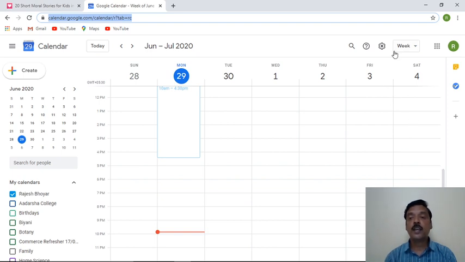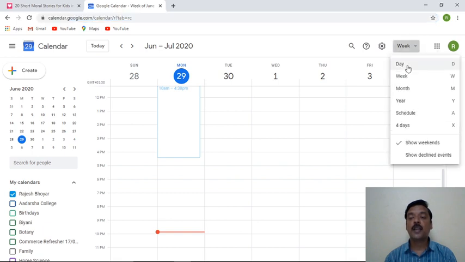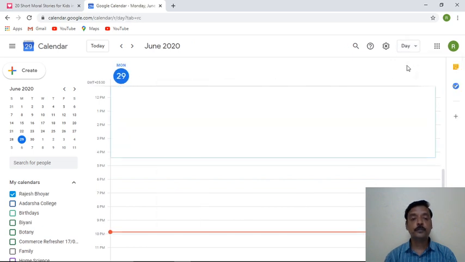Similarly, you can get different types of views by using this button. I'll click on the down arrow over here. I can get a daily view, in which you can get hourly views of all the activities available within your calendar.